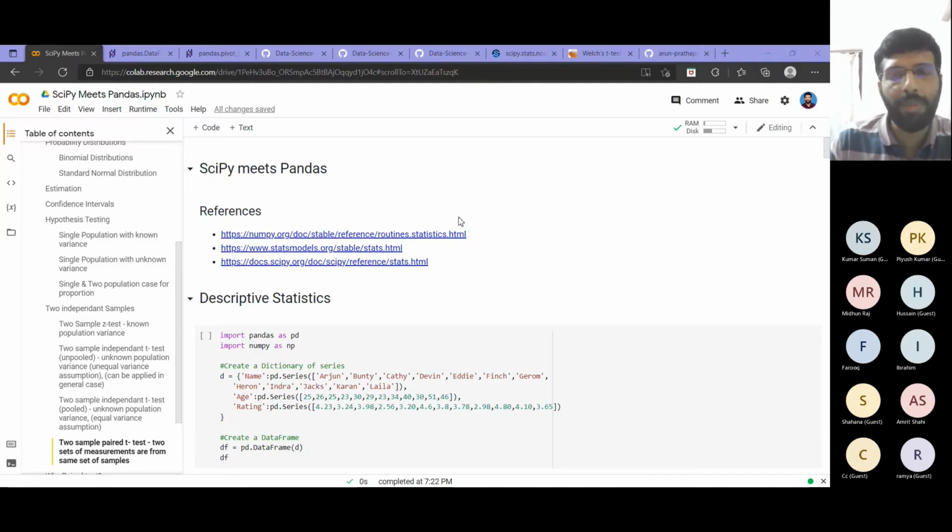So I will just give some examples of use cases for the things that we learned in descriptive statistics and inferential statistics. I'll just cover how we can implement those things using Python code. I'll be covering nothing fancy, nothing very hi-fi. I'll be just sticking to basic kind of examples. So we saw pandas maybe 2 weeks back, and last week we saw inferential statistics, hypothesis testing basics. So till that level only I will be covering today.